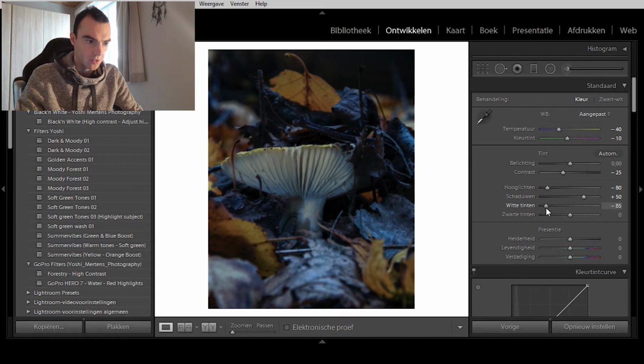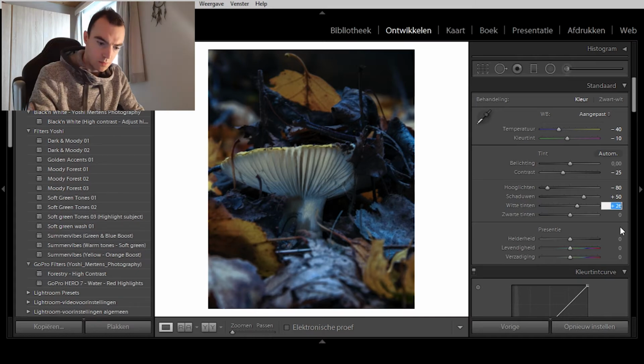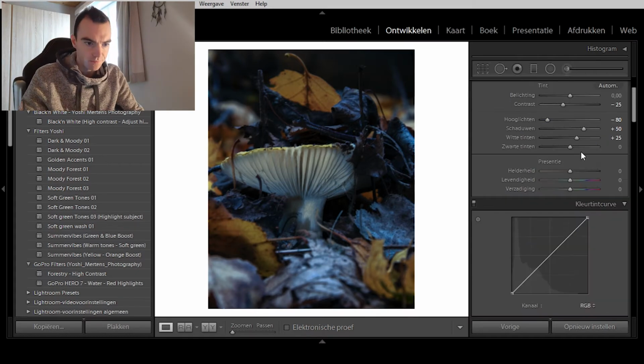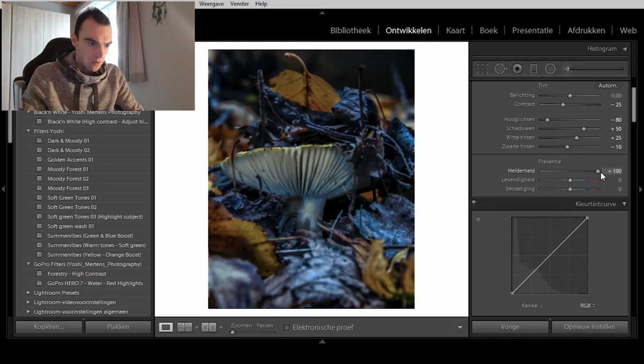Well, a little bit, 50% is already quite a lot. Then the white tones to +25, and then the blacks I'm going to leave. I'm going to decrease the blacks to like -10%. Now the clarity, actually,